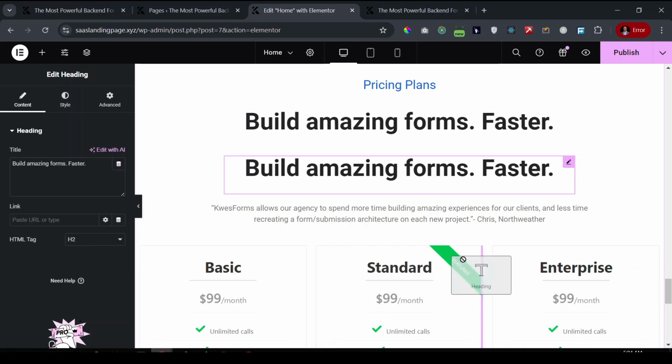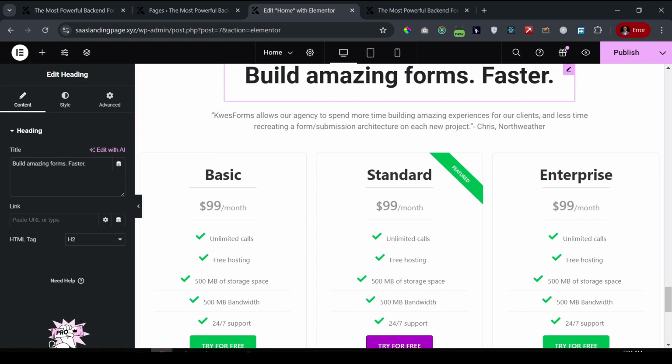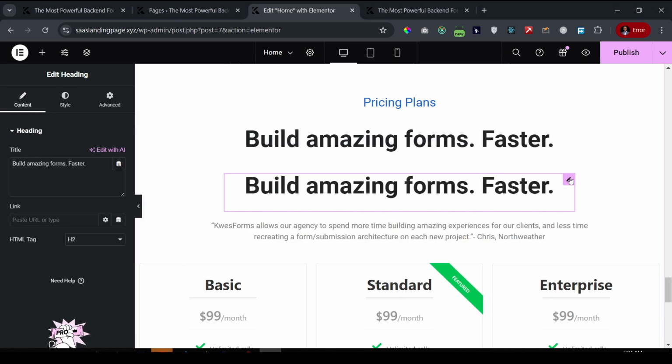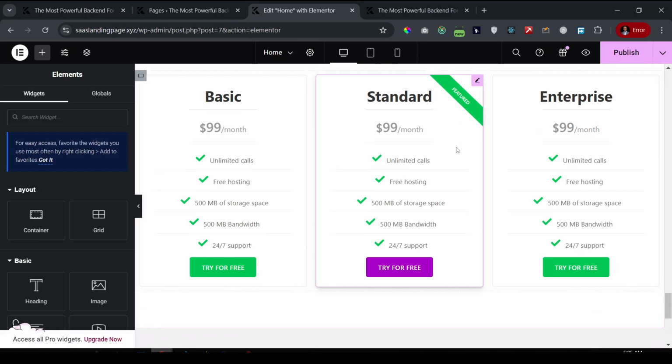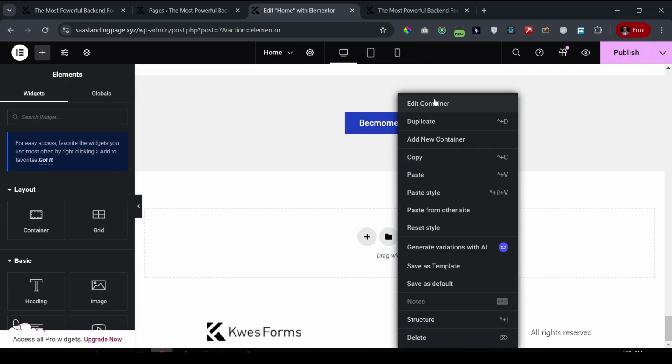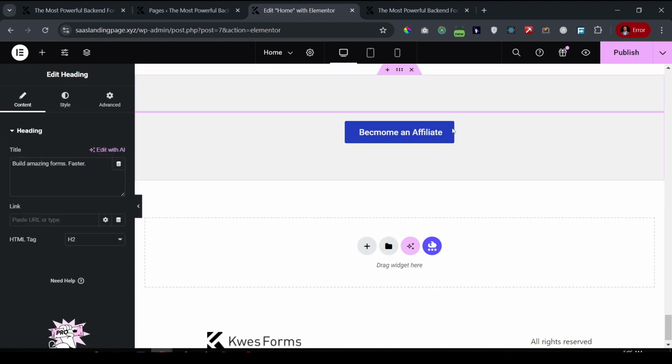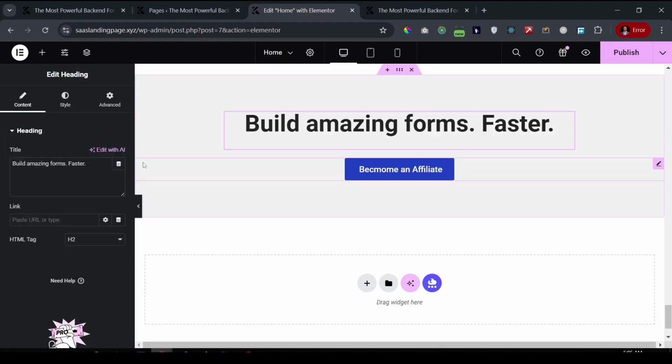I don't know why it's not going down. You know what I'll do? I'll just copy it, delete this one, and then paste it in here like this. Paste. So now let's bring this one up. Now what we need to do here is, aside from changing the text,